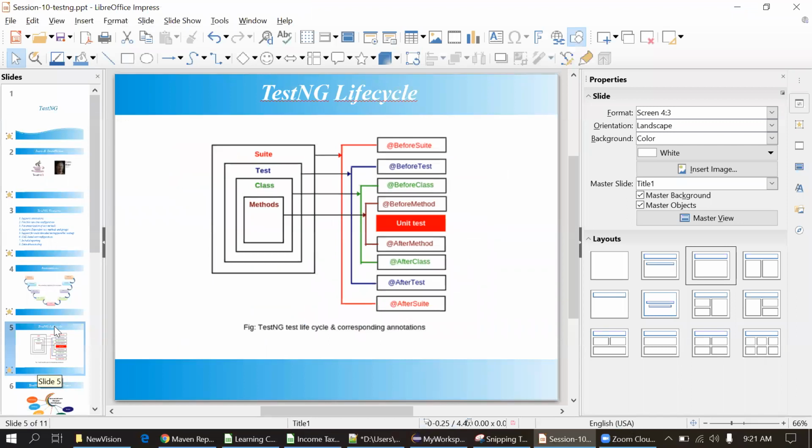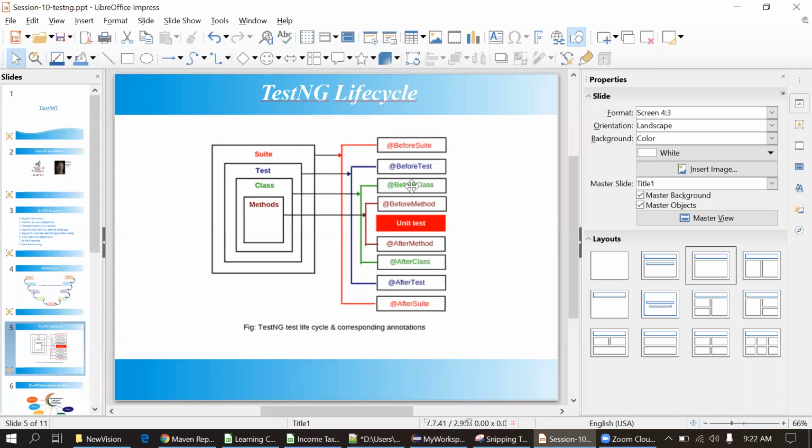Then TestNG life cycle. Okay. So this actually you can understand. Unit test means actually this is our test case. So this is a method actually. It is called as a method here. And then before method, after method. Suppose you want to execute this test case and we have written the before method and after method. So while executing this test case, before method and after method will get called. Okay.